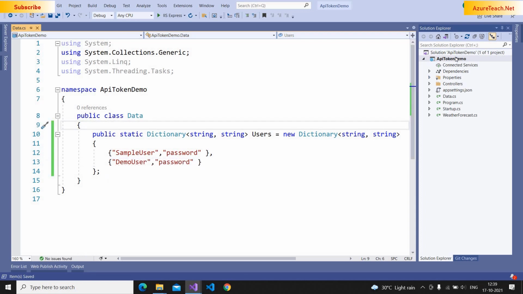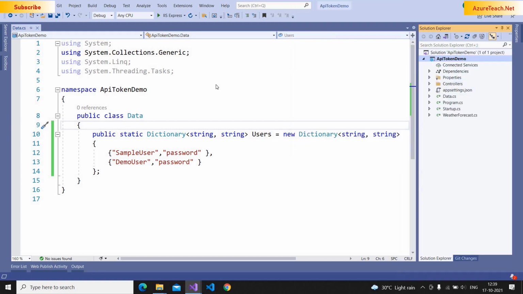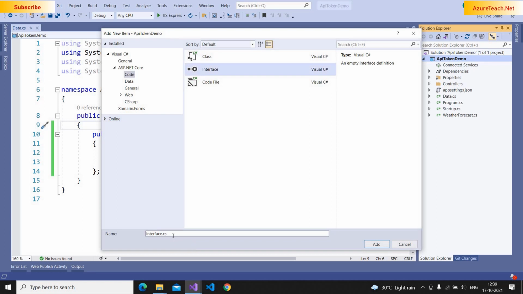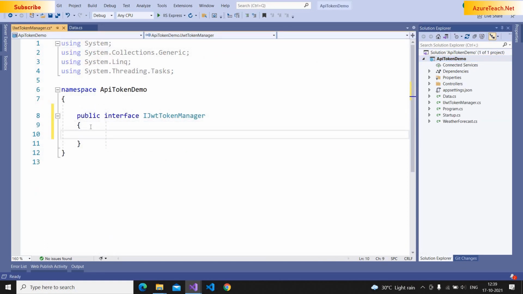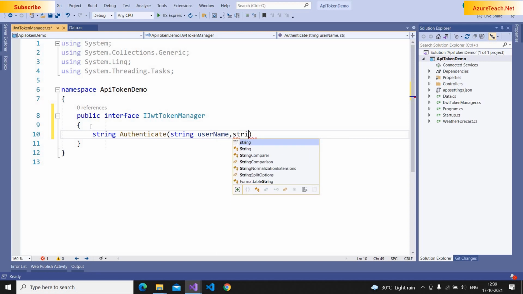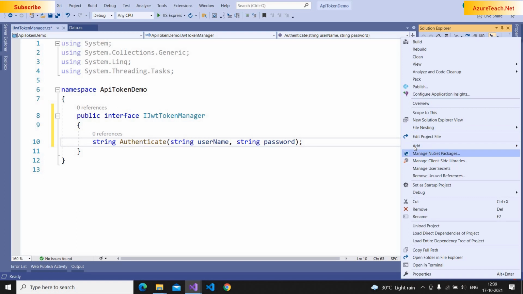And now we have to add an interface. Click on add new item and choose interface. And here I'm writing IJWTTokenManager, and I'm making this public. And here I'm writing a method string Authenticate, and it expects username and password. Now I'm going to implement this class,